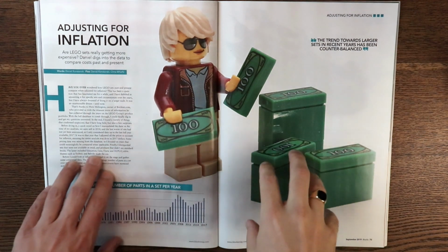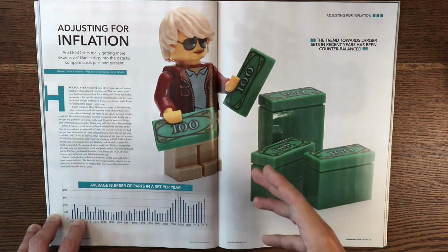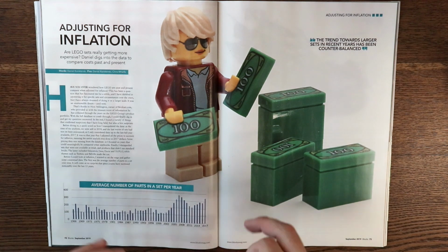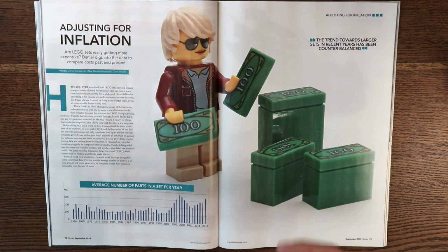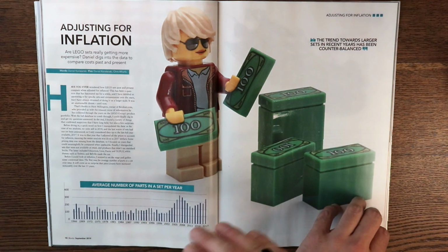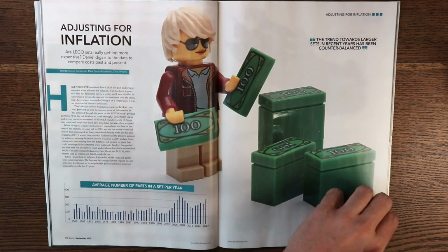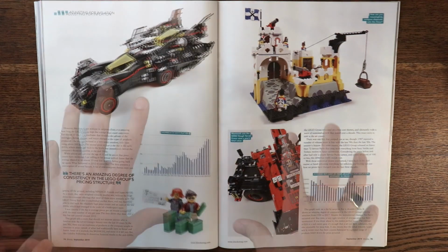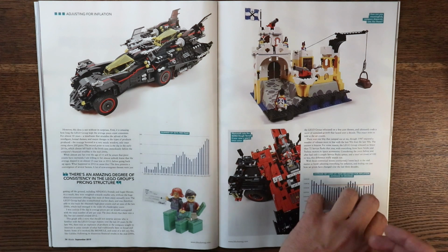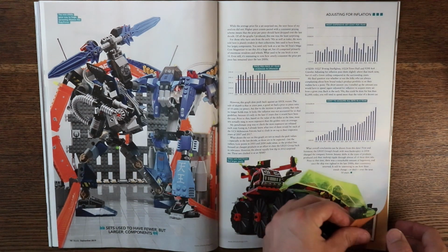And then an article I actually found quite interesting. This article tries to shed light on whether or not the price of a LEGO brick has actually gotten higher. Has LEGO become more and more expensive over the years, or is it actually at the same relative point when you adjust for inflation? In this article, Daniel Konstanski uncovers all the relevant background information and the background statistics and makes a very surprising